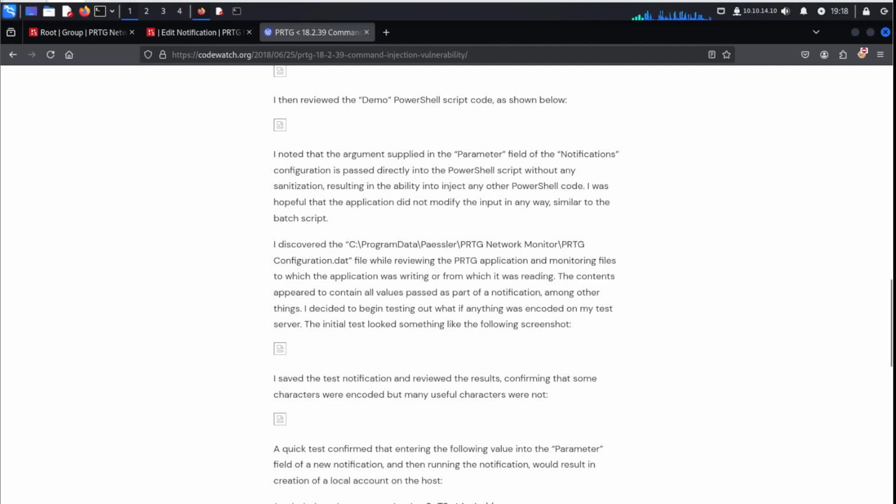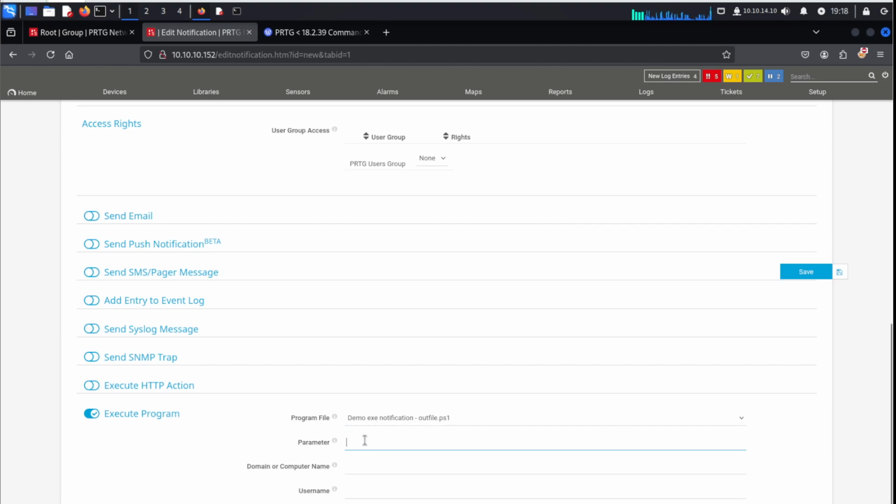So let's copy this. So we go into this. So what we'll do is create a user. Let's change this to something else. Let's see, create a user PRTG admin, and then